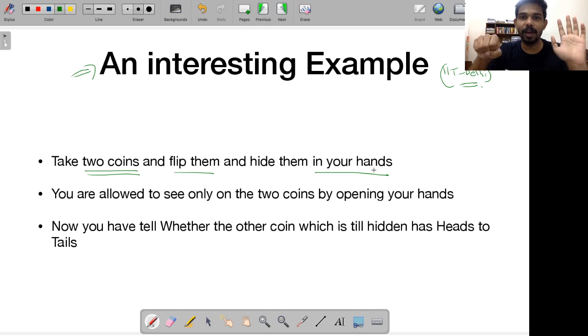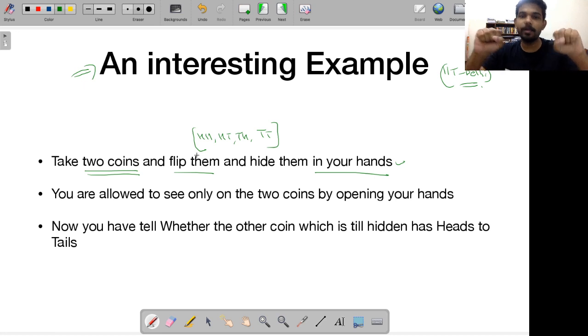In one hand you have a coin, in the other hand you have another coin. So there are 2 coins. Now what do you do? You open one hand. Remember, in this case, it could be head head, head tail, tail heads, and tail tails. These are the four possibilities of the coins, right?